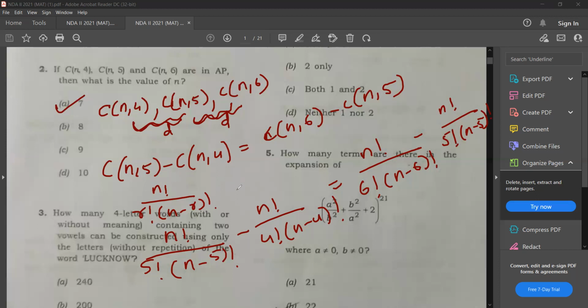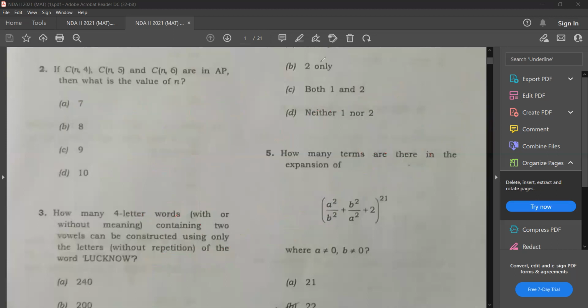Okay. So the solution part I'm not showing because that is just solving. You can cancel n factorial from both sides. You'll have 1 here. If you want, you can substitute from the options and see, or otherwise solve it. Okay. Best option would be to substitute from the options and see. When you substitute from the options, that will be easy. Okay, so the answer would be option A. So moving on to the next question.